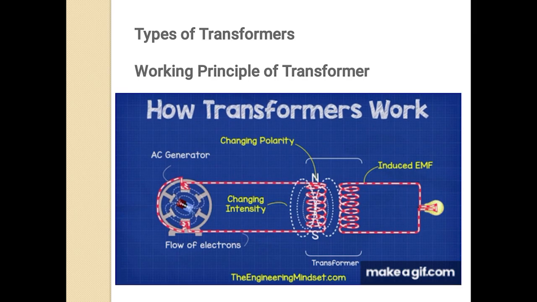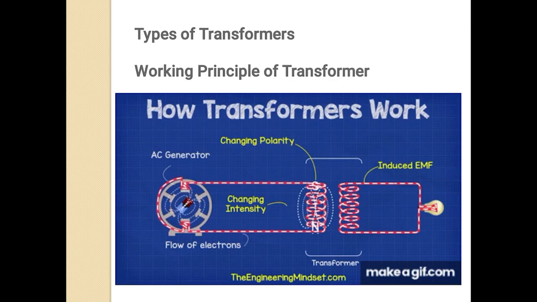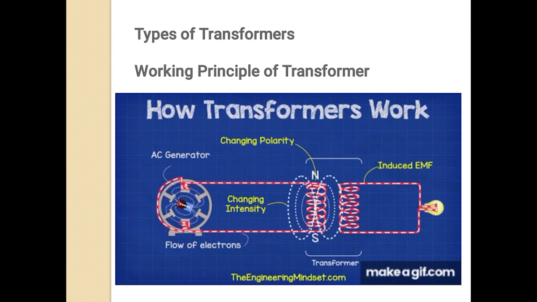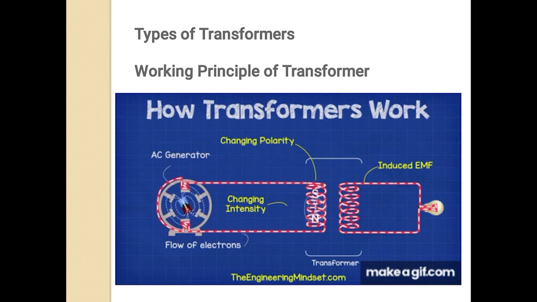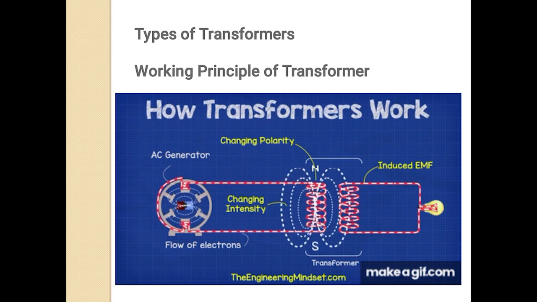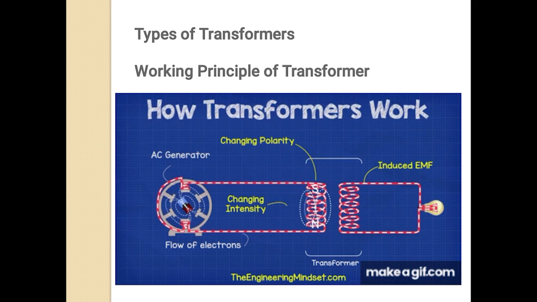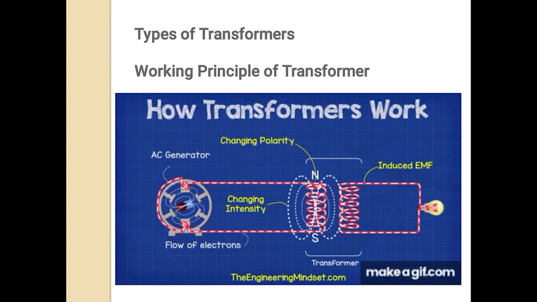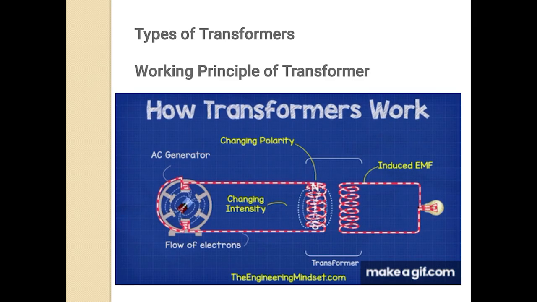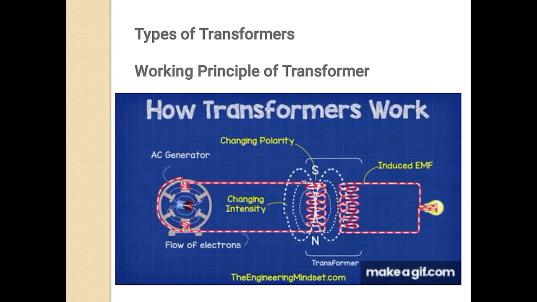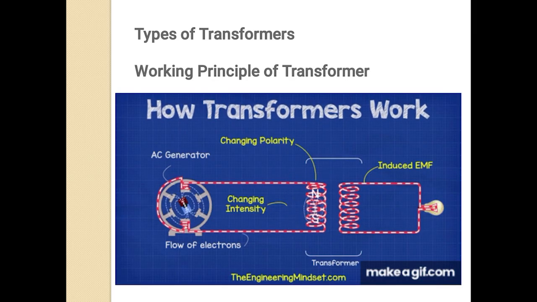Next we will see the working principle of transformer. See this GIF diagram. Here the working principle of transformer is animated very clearly. The working principle of transformer is based upon electromagnetic induction or mutual inductance. When the primary winding is connected to a source of alternating voltage, an alternating magnetic flux is produced around the winding, and the core provides the magnetic path for the flux to get linked